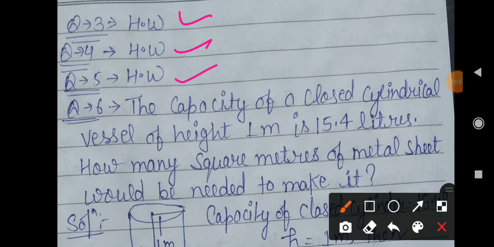I have to explain how to do this question. In question number 3 it says a rectangular base tin box, a rectangle whose length is given, and the width is also given here, and also the height is given. Then you have to find the volume of that rectangular base tin box. The rectangular base tin box is in the shape of a cuboid, so you have to apply the cuboid volume formula here.